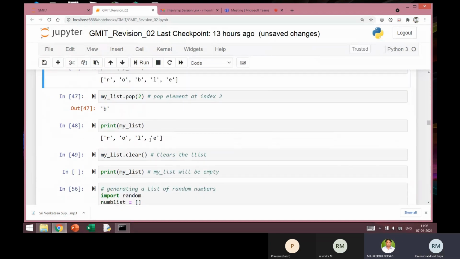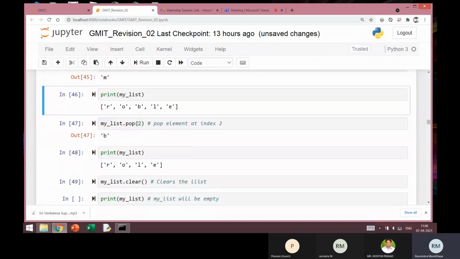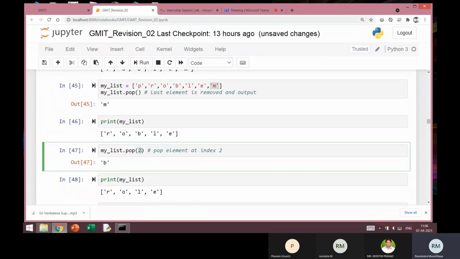Now, with pop, I can also give one argument. For example, if I give 2, the value at index 2 will be popped out. Okay, the value at index 2 is popped out. Now remember that this function does 2 things. One is it will remove the element, and also it will return the element which has been removed.